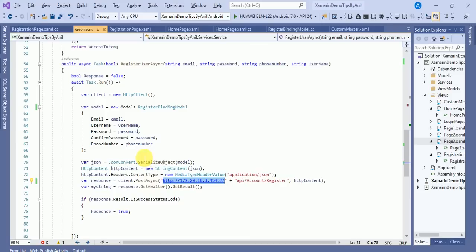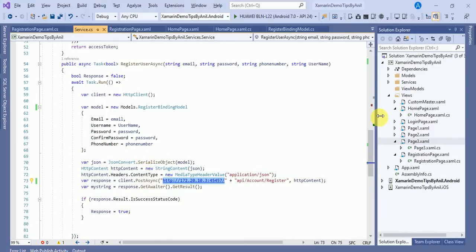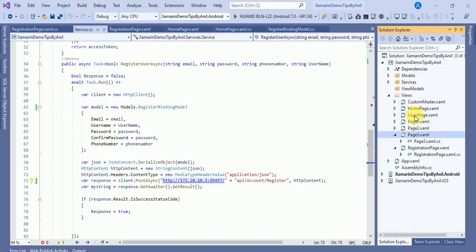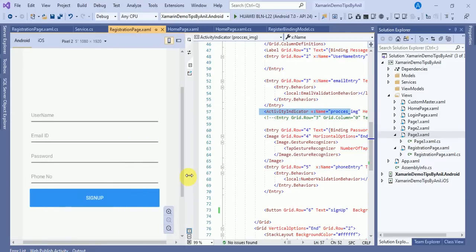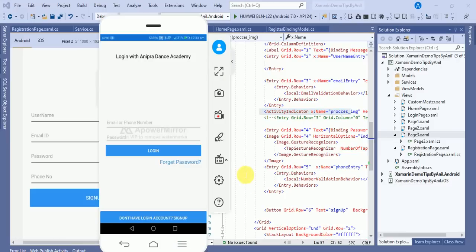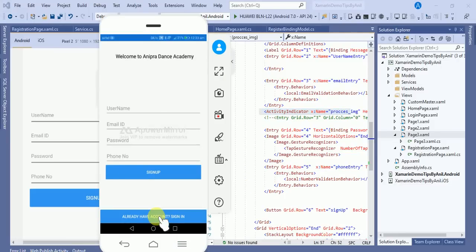So this is my Xamarin Forms tutorial. In my previous video I was also working on the same solution. I created the home page, the login page, and now I'm creating the registration page. This is my design. I already told you in my previous video how we can create a design in Xamarin Forms, and how this design will look. Then you have to go to the screencasting. This is my design, you can see how it will look on mobile.